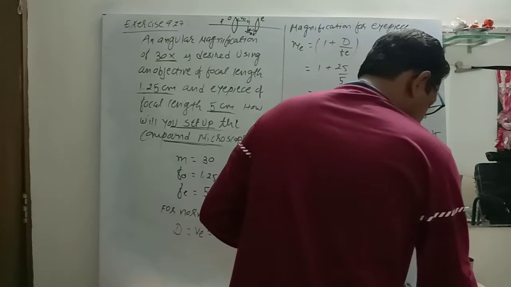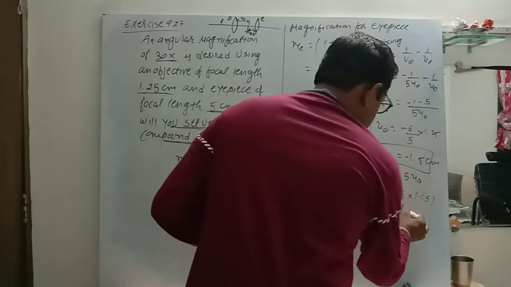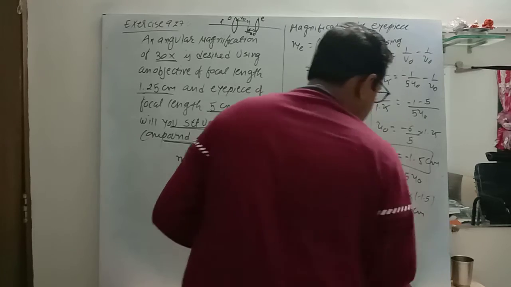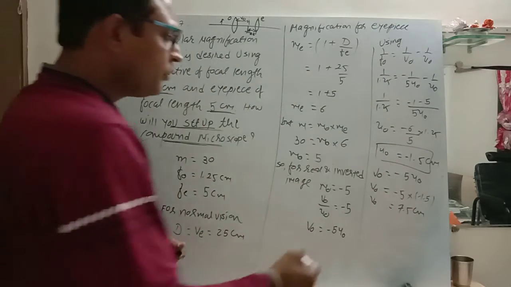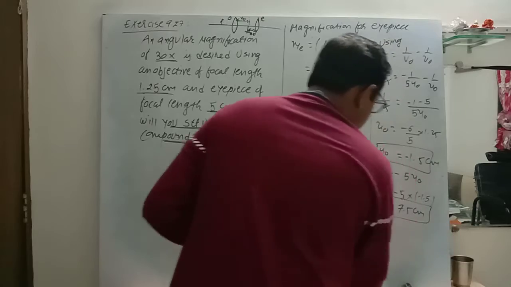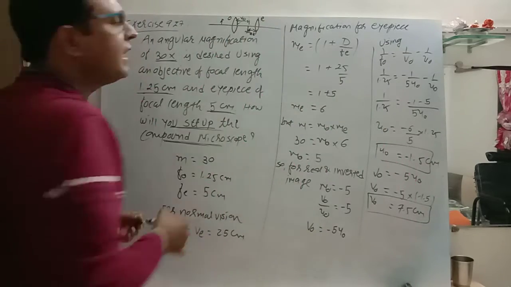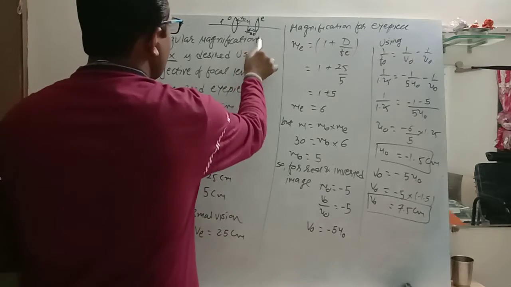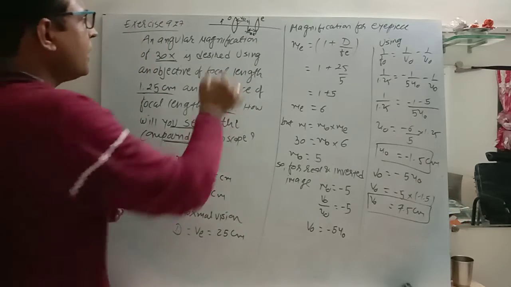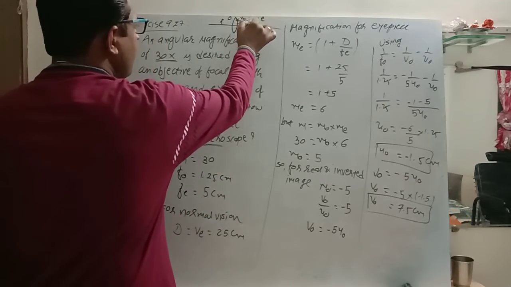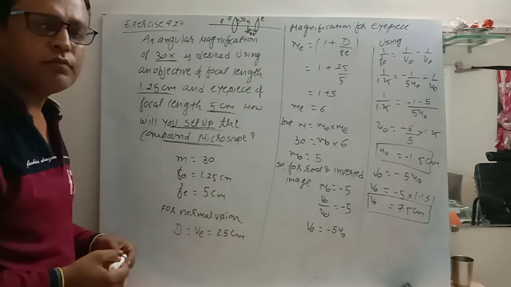तो 1.5 into 5 that is 7.5 सेंटीमीटर. तो हमें मिला इमेज डिस्टेंस फ्रॉम द ऑब्जेक्टिव, VO हमें मिल गया. अब हमें कैलकुलेट करना है ओनली UE, मतलब whatever the image formed by the objective acts like virtual object